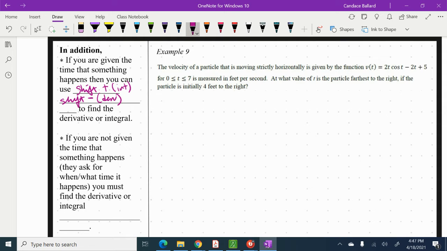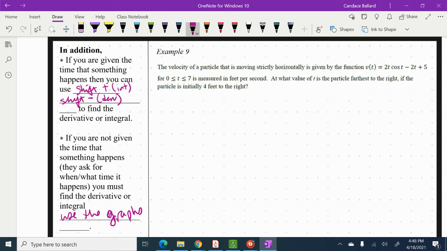If you are not given the time that something happens, so they ask for when or what time it happens, that's what we did in example 8. You must find the derivative or the integral and use the graphs to do that. You graph that last line, whatever it's equal to is a horizontal line, and then use your points of intersection. All right, so in example 9, we've got the velocity of a particle that is moving strictly horizontally